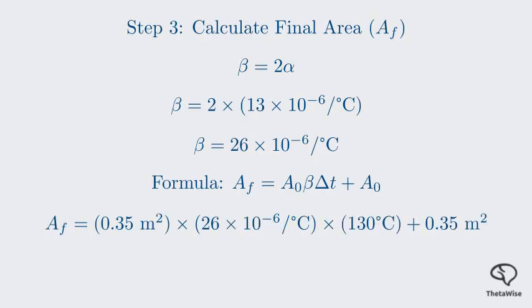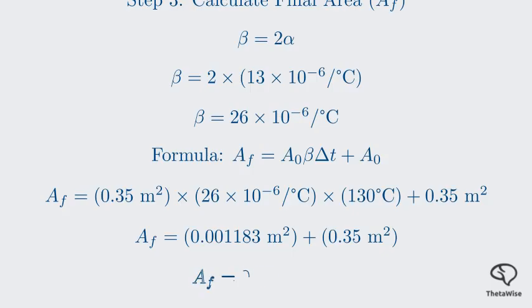Substituting the values. A naught is 0.35 square meters. Beta is 26 times 10 to the negative 6 per degree Celsius. Delta T is 130 degrees Celsius, and A naught is 0.35 square meters again. Notice the degrees Celsius unit cancels out. Calculating the product A naught beta delta T first, we get